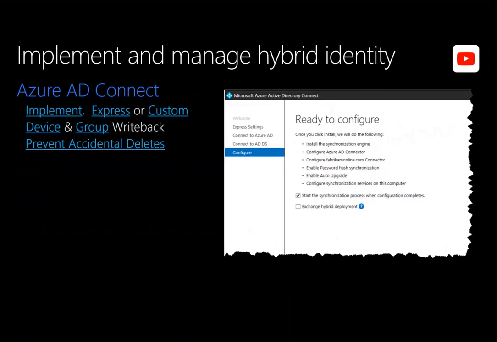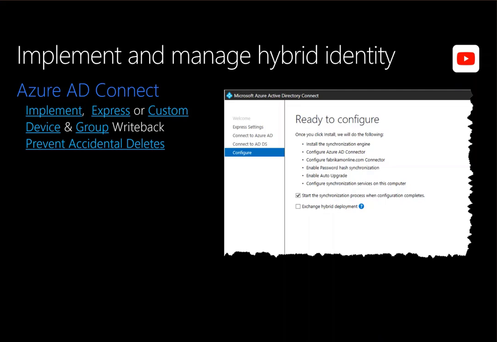Before you install Azure AD Connect, there are a few things that you need. You need an Azure Active Directory tenant. You need to add and verify the domain you plan to use in Azure AD. For example, if you plan to use contoso.com for your users, make sure this domain has been verified and you're not only using the